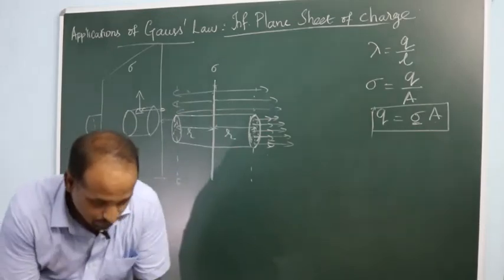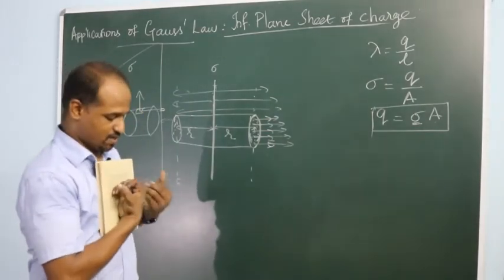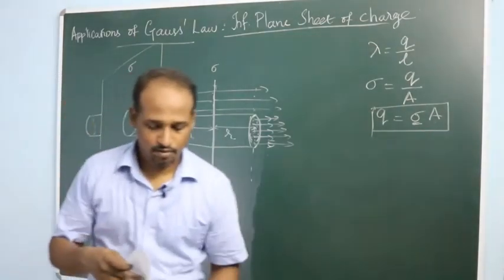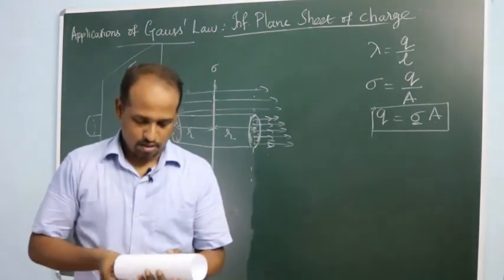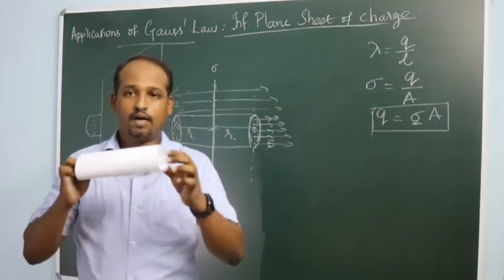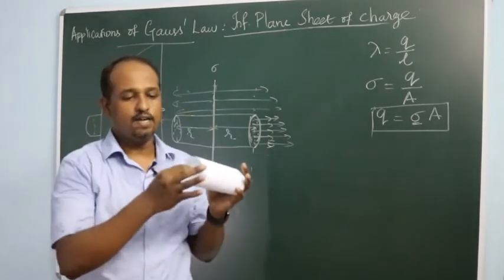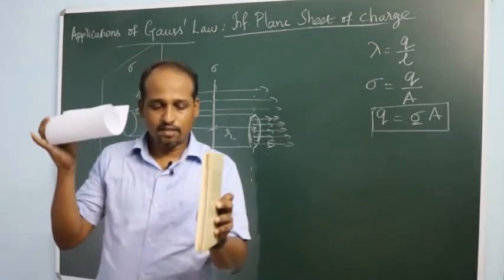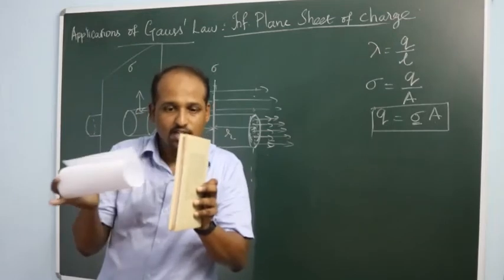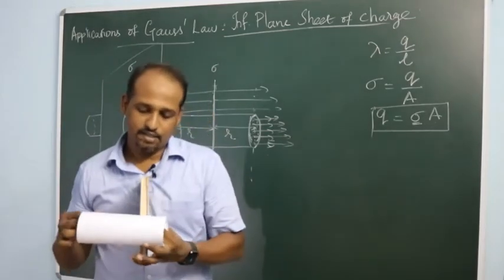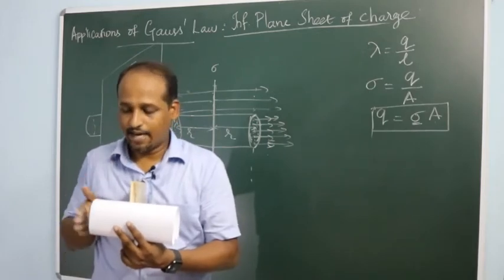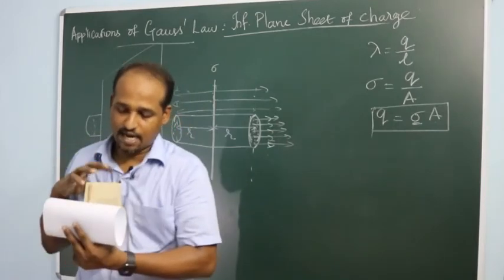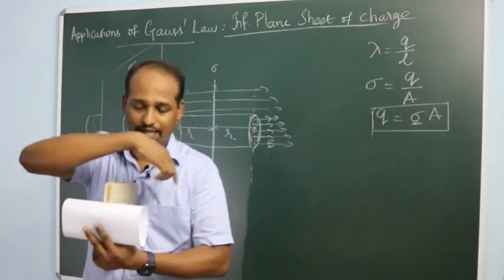For instance, suppose you take this sheet of charge, then I will take a piece of paper so that you can see. This is the Gaussian surface. It's a cylindrical surface, and there will be one cap closing this end, and one cap closing the other end. Then this Gaussian surface will pass through the sheet of charge and come out of this. So basically this cylinder is on either side at equal distances: this cap from the sheet at distance r, and this cap from the sheet at distance r. Now the lines of force will be going out like this.